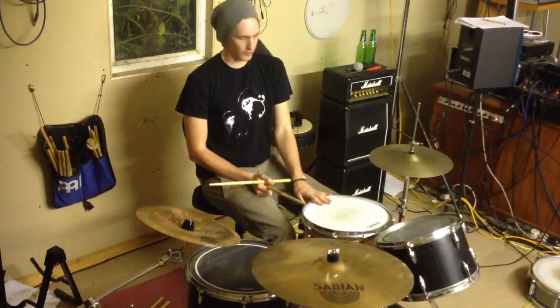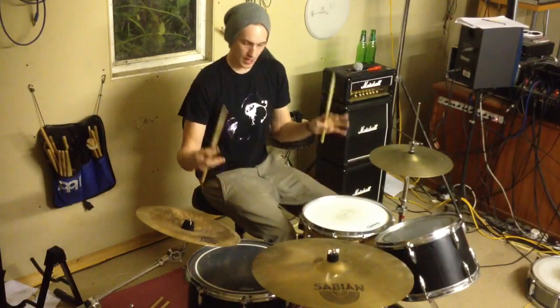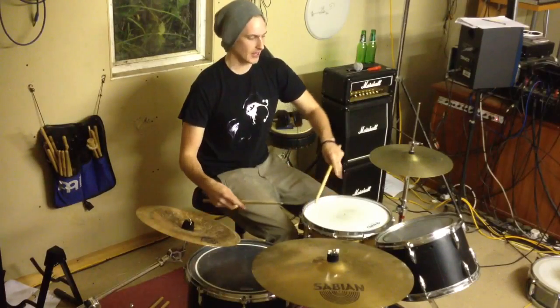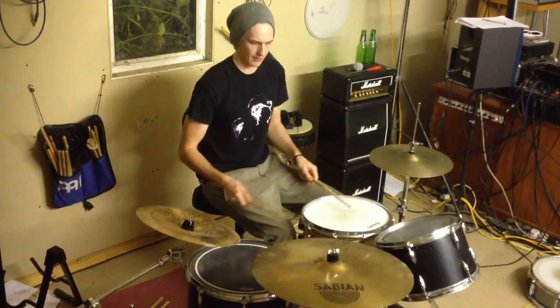It actually sounds quite cool if you get a little pattern going where your right hand's hitting the crash at the same time as when you're doing the flam, and then your left hand ventures up to the hi-hat and you sort of get this little upbeat tempo going on. So that's going to sound like...